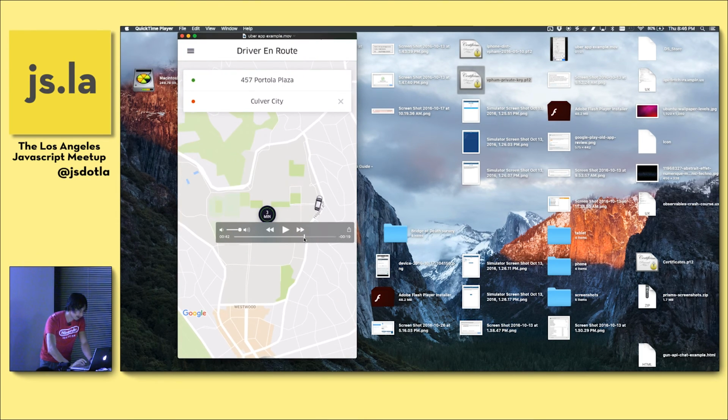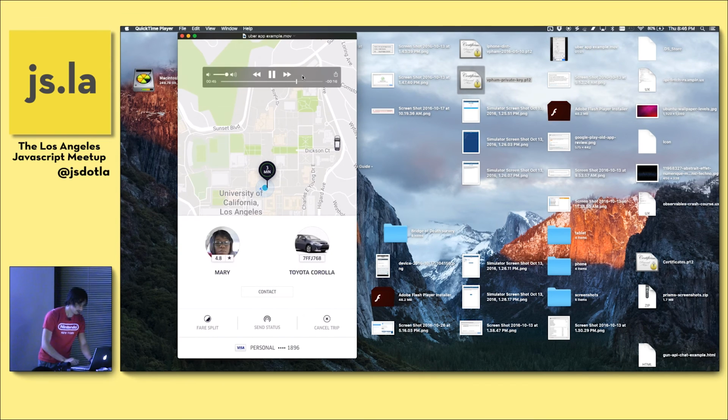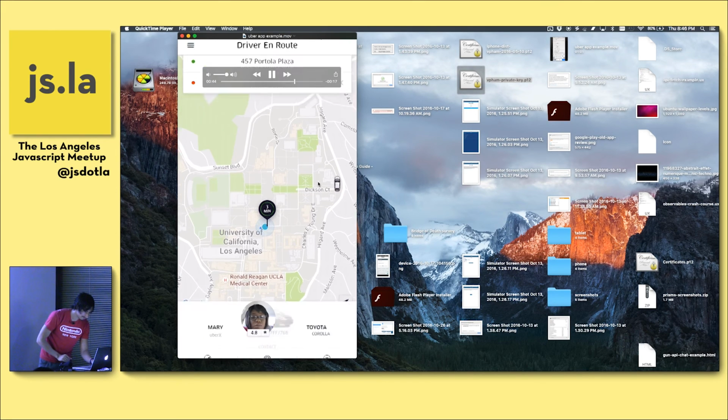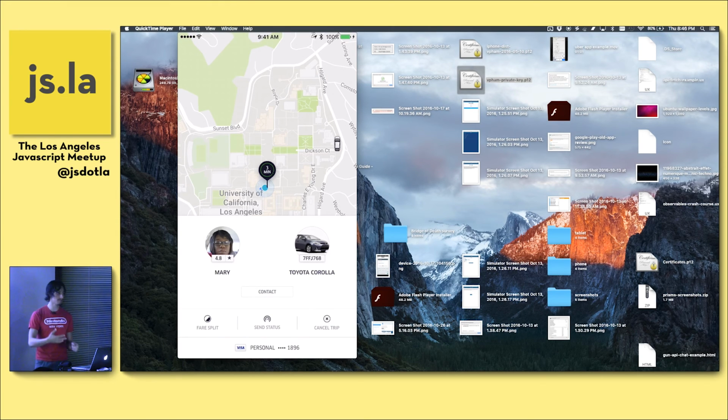Okay, so the driver is en route, and then what's going to happen is it's going to show something here. All right, I'm gonna move this playhead thing out of the way. Okay, what happened there? What were some of the animation things that you noticed in that second? Anyone? Car's moving, yes?